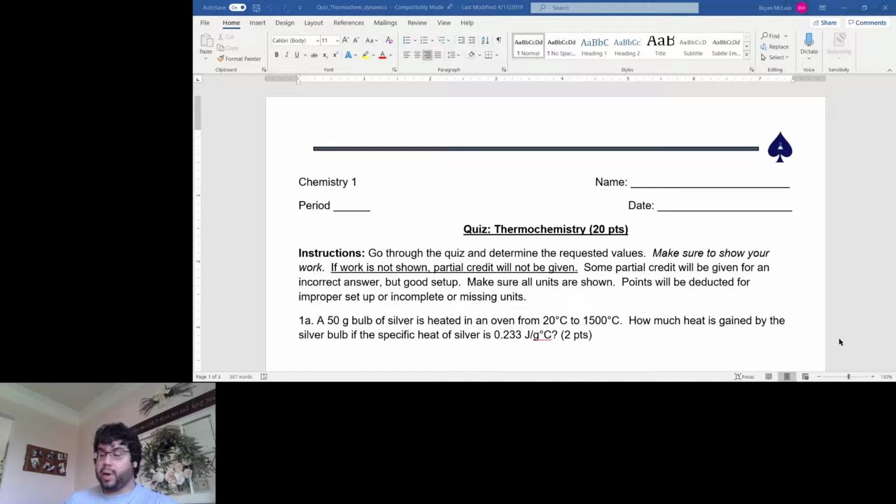I wanted to make sure that you knew how to do these questions prior to taking the test on thermochemistry on Friday. Just so you know, there will be a test on Friday if you haven't been keeping up. A test on Friday over Q equals mc delta T stuff, phase changes, enthalpy, heat of vaporization, heat of fusion, stuff like that. And then also how a solution's boiling point and freezing point changes based on the addition